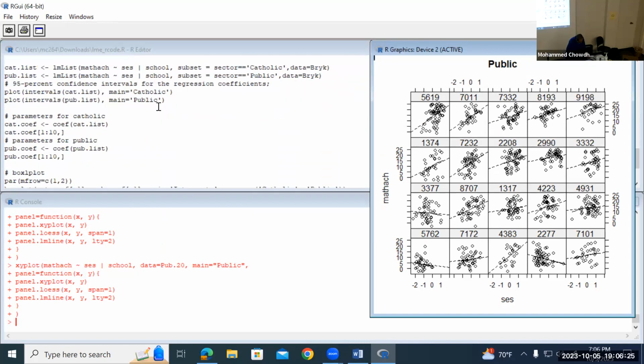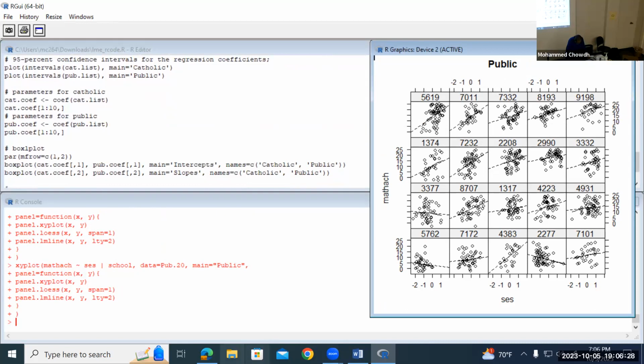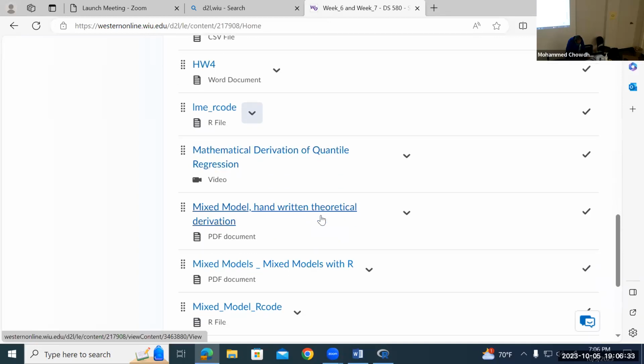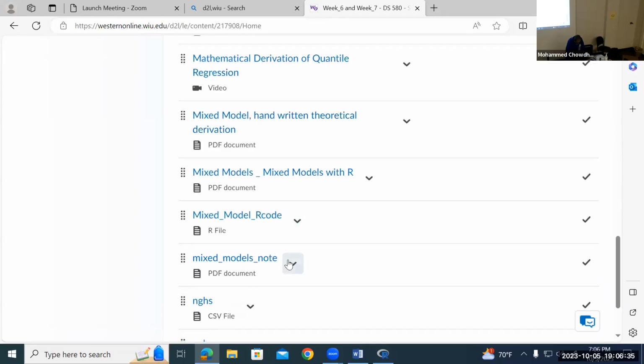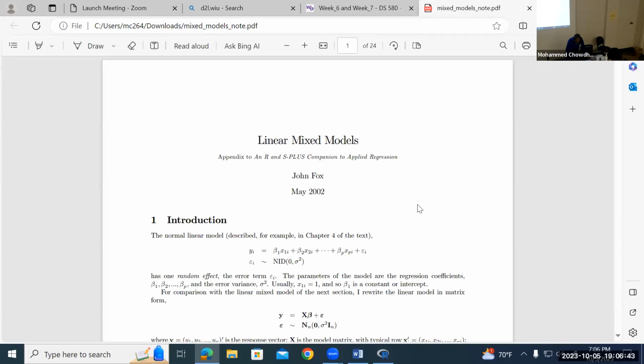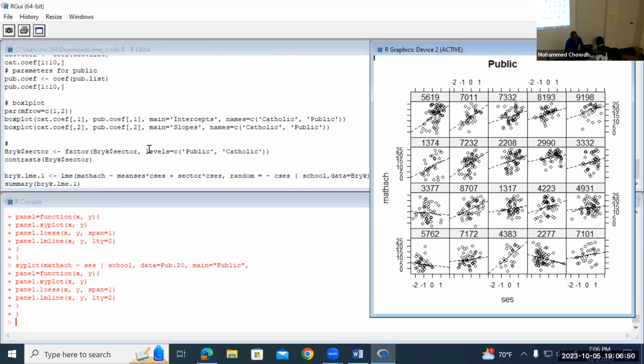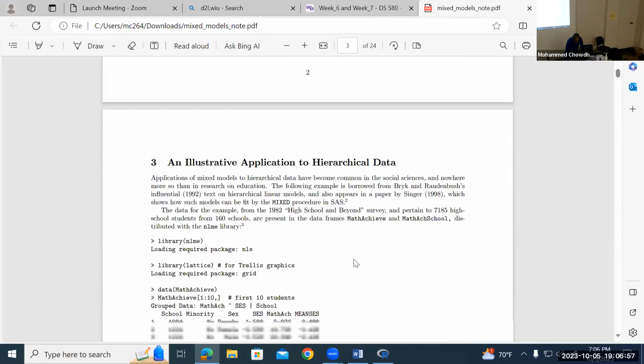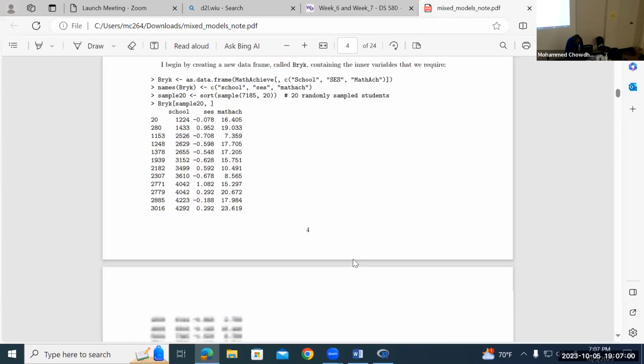Okay, after doing this, let me take you to the paper note here. Download this, open. Okay. Most of the work is done and the R code is given in here. Your responsibility is to read this document thoroughly. When you write the report, if you run the code that I have provided and just discussed,